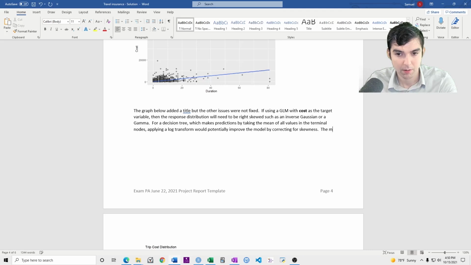The mean is sensitive to outlying values, so using a log of cost as the target corrects for skewness in the terminal nodes.